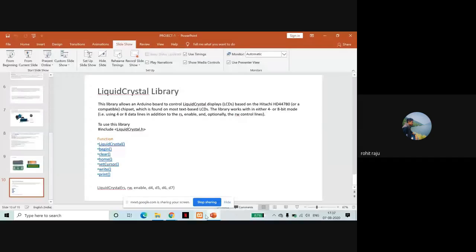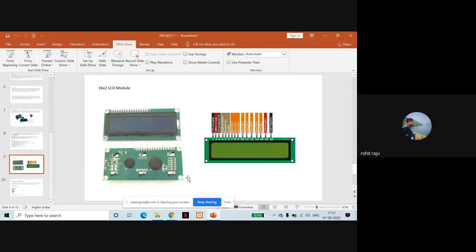I have some doubt, the screen is not shared. Screen sharing stopped. Wait, let me see. Can you see my screen now? Hello? If yes, then please type yes in the chat box.